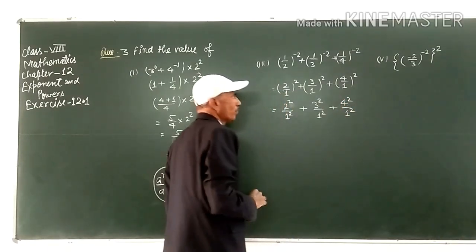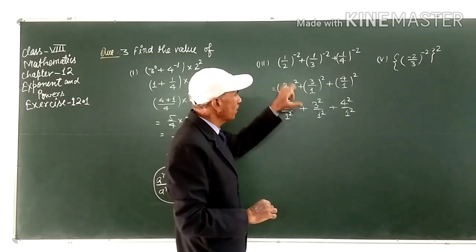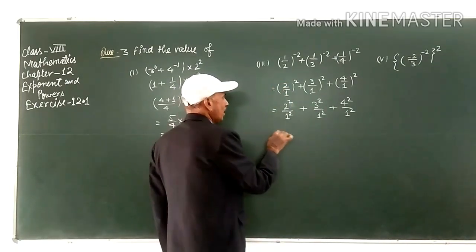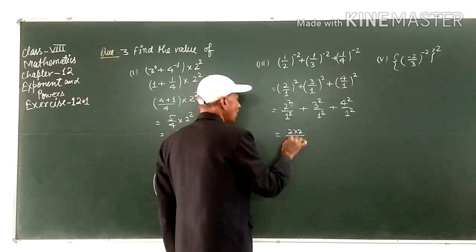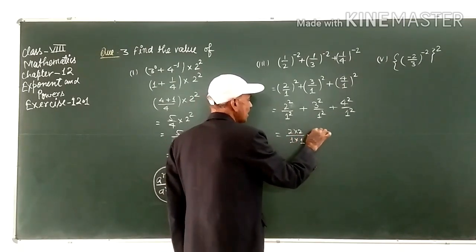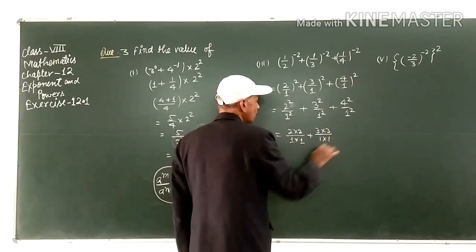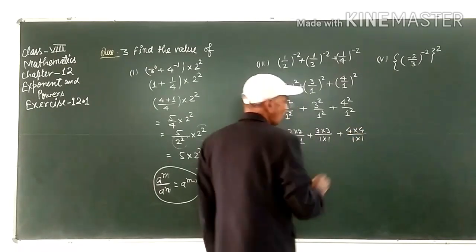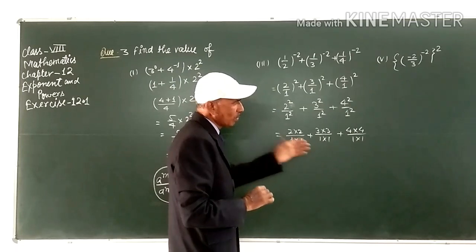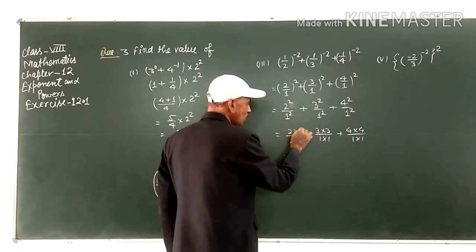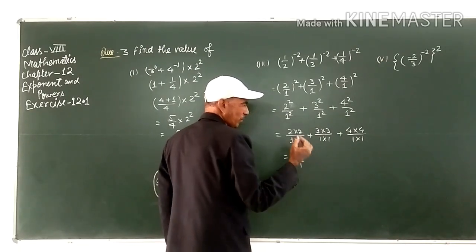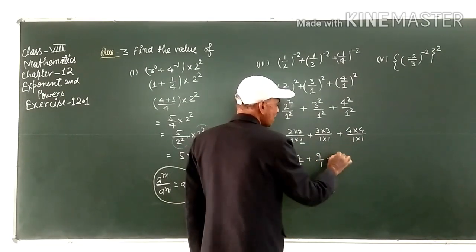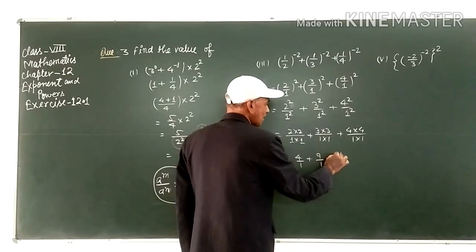the power 2। स्टूडेंट्स ये पावर यहाँ पर है या एक्सपोनेंट, तो इसको यहाँ भी एक्सपोनेंट इसके लिए भी होगा और इसके लिए भी, दोनों नंबर्स के लिए ये होगा। It will be 2 into 2 upon 1 into 1 plus 3 into 3 upon 1 into 1 plus 4 into 4 upon 1 into 1। 1 को हम कितनी भी टाइम मल्टीप्लाई करेंगे स्टूडेंट्स तो वो 1 ही होगा, इसलिए हम इसको ऐसे लिख सकते हैं 2 2 जा 4, 4/1 means 4, that is this one 9/1 that is 9 plus 16/1 that is 16, 4 4 जा 16.